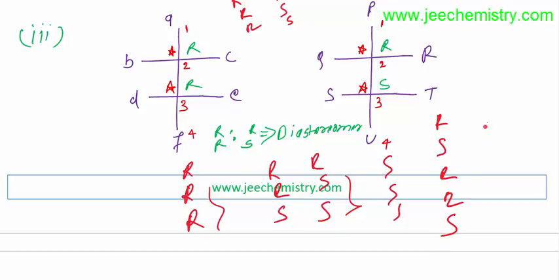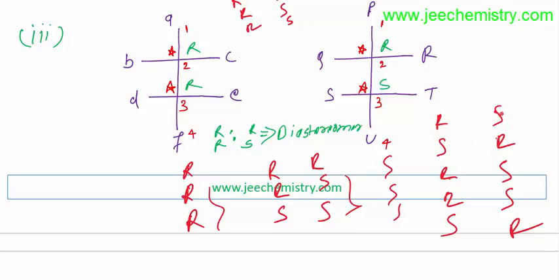Maybe this is the left side, and the right side should be for diastereomer. At least one must be different. If all are different, if the first is S, the opposite will be R: S, S, R, R, S, R, S, S, R. If this is completely opposite, approximately like a mirror image, then they will be